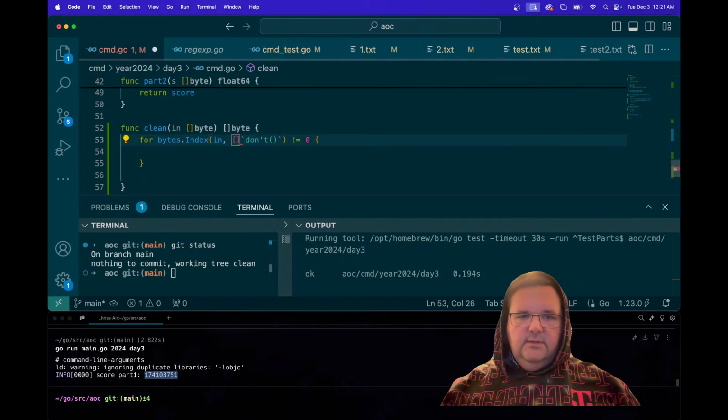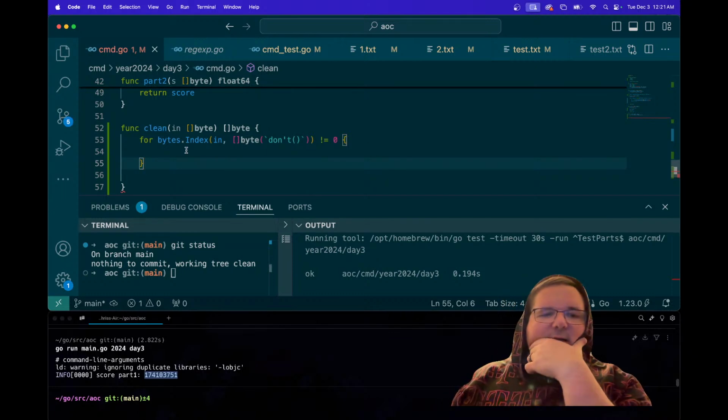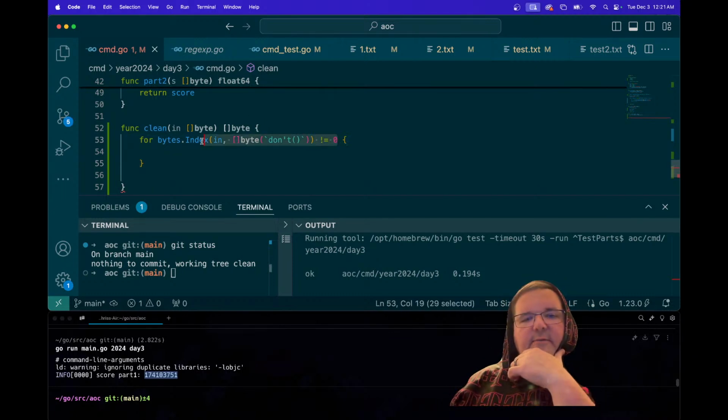We need to do this as, there we go. If we find the index of don't,